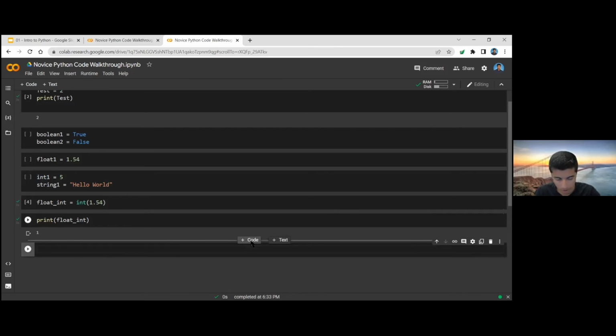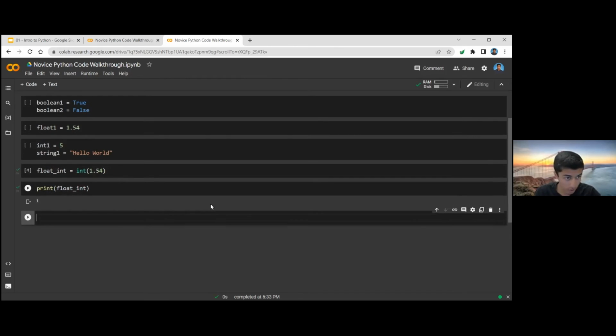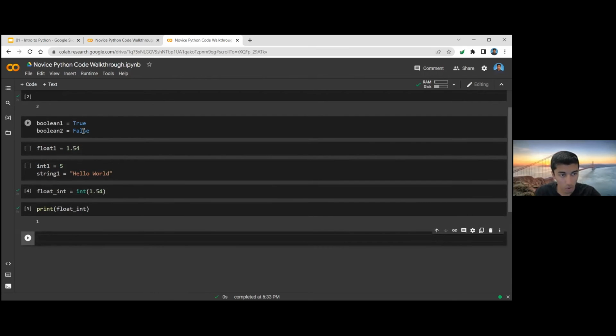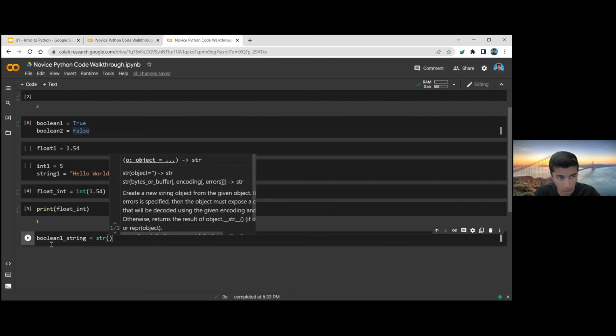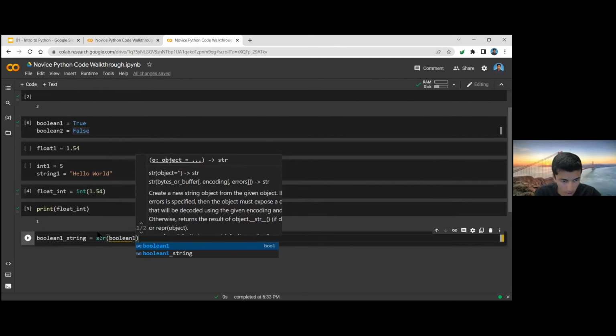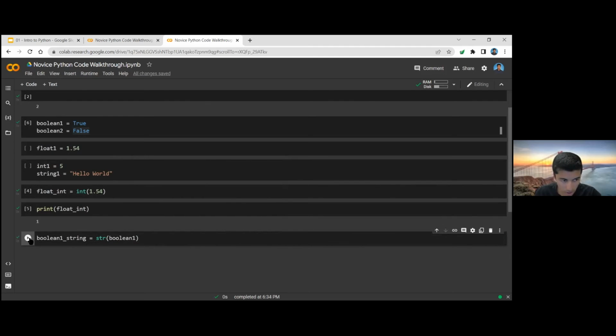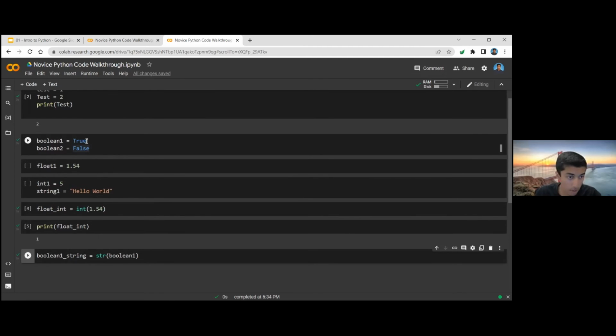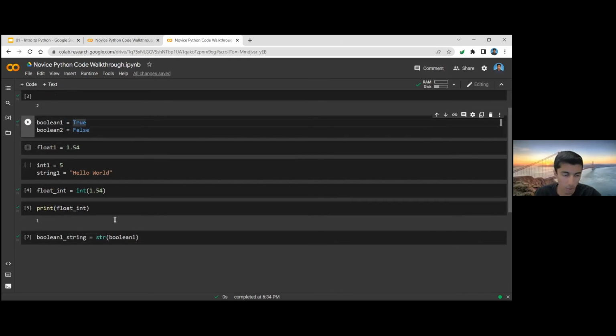And next up, we can also do the same thing here with other sort of conversions. For example, we can convert the Boolean also over to an actual string. So for example, let's say Boolean1_string equals str, then Boolean1, and what this will do is just make that Boolean a string. And we see that it's actually like in blue right here, but when we do conversion to a string, it becomes a simple string like any other string, like hello world. It doesn't really have any meaning within Python just because it's a string like that. So that's one way to note for converting that.